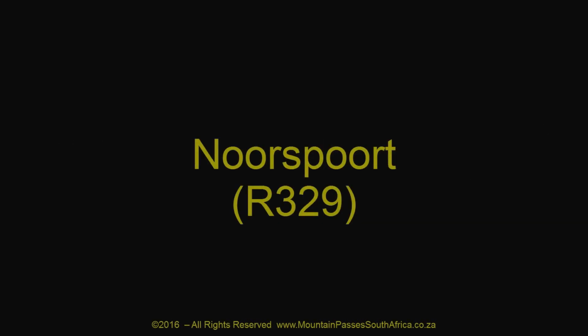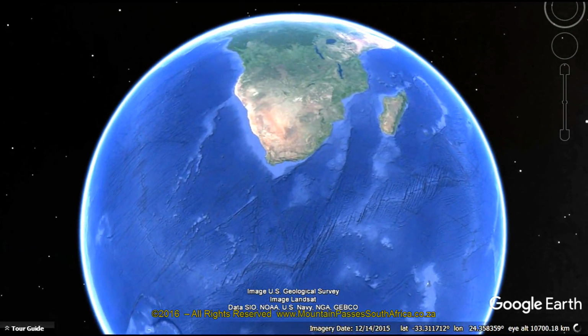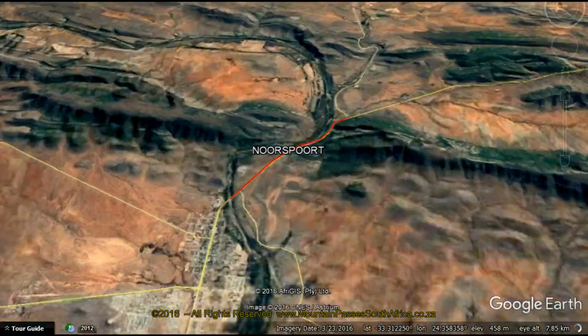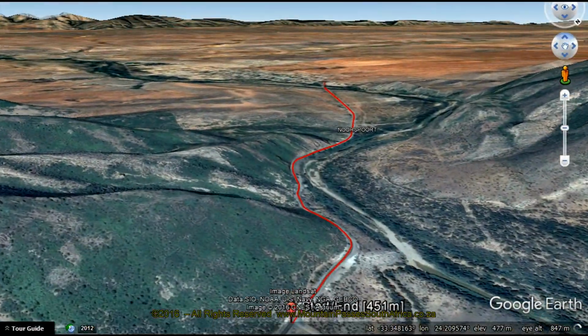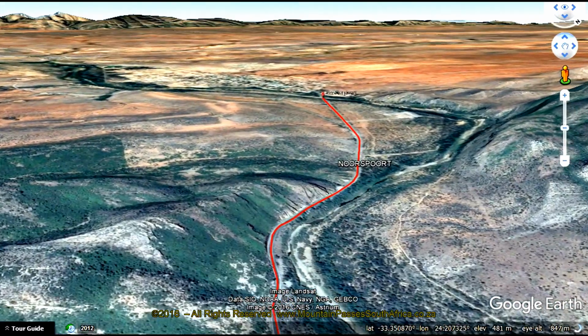Noorspoort is a short winding poort just north of the lovely Karoo town of Stateleville. The poort is perhaps best known for its painted flags on the rock faces on the eastern side of the road, and the town of Stateleville is a shining example of how to rejuvenate an old town, which is immediately evident as one drives down the neat broad streets filled with Victorian houses, lovingly restored and replete with broekie lace